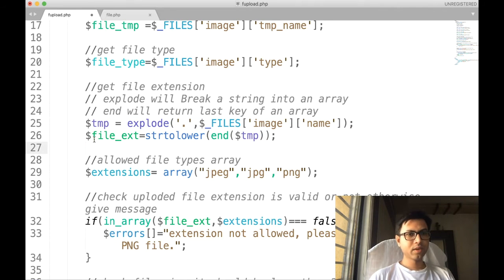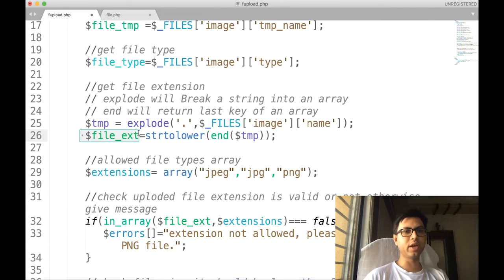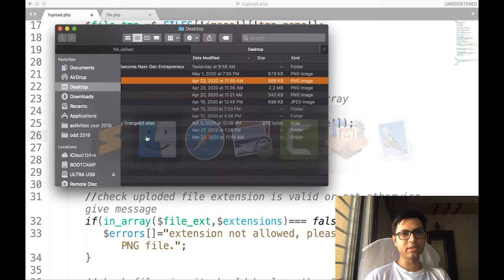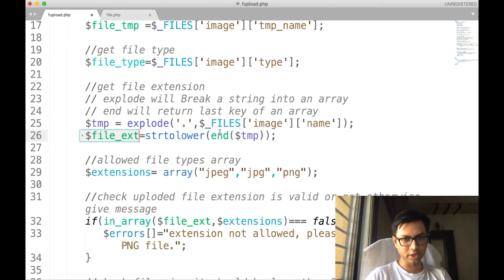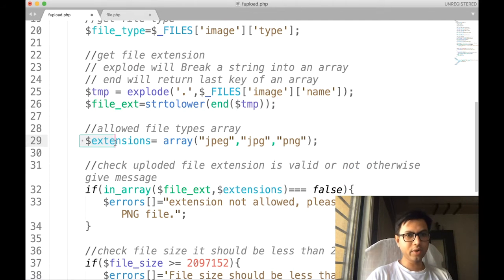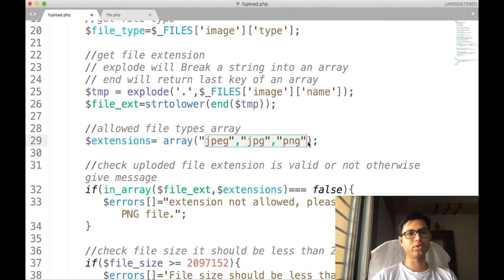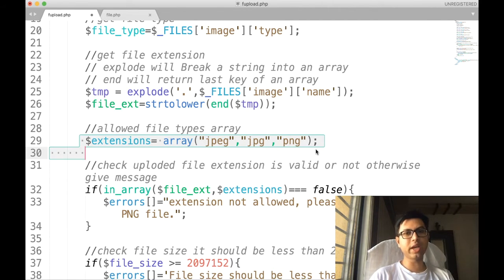Yes, like this. So at the end in $file_ext, we are going to store the file extension, that is png, in lower case over here. If we are not doing this, in the next line where we check the allowed extension for the file upload, we have to add the criteria for capital letters also. To eliminate this, we are going to convert the extension into lower case, and next we are going to check this extension against the